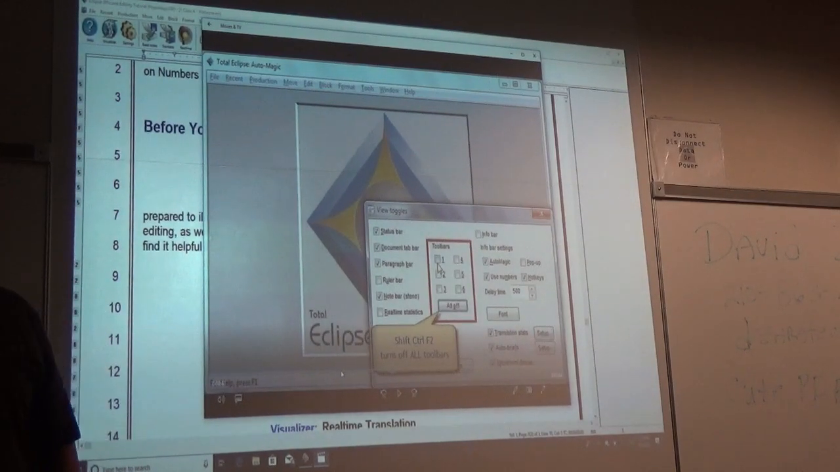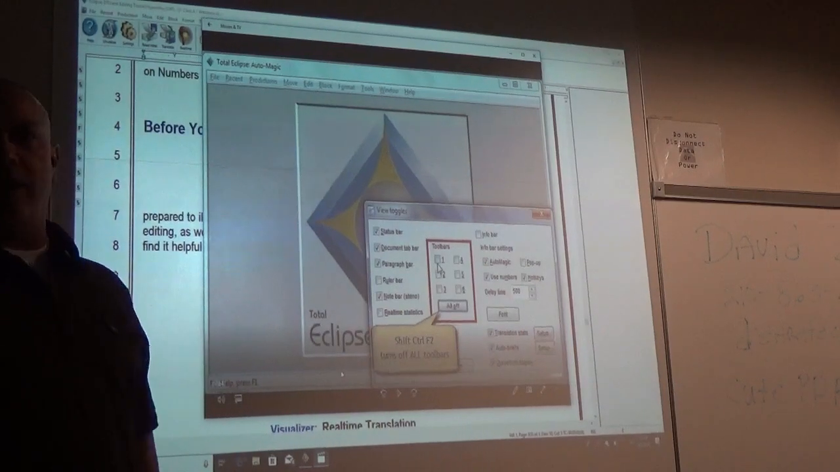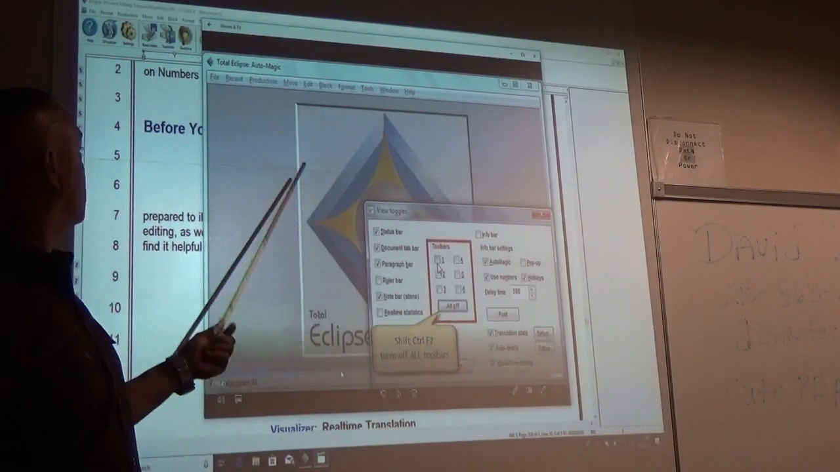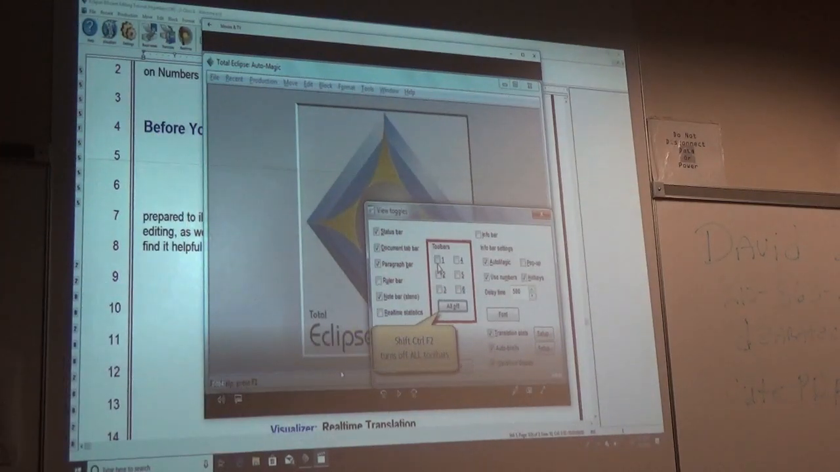Okay? I'm showing you this for a reason. You can change your toolbars to whatever you want. Guys, all this is doing, and I'm not able to really show you. Let me see if